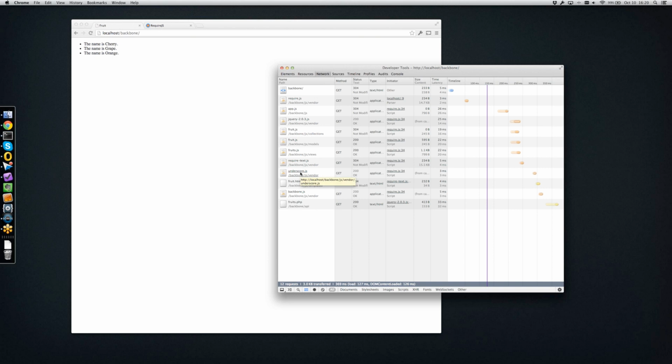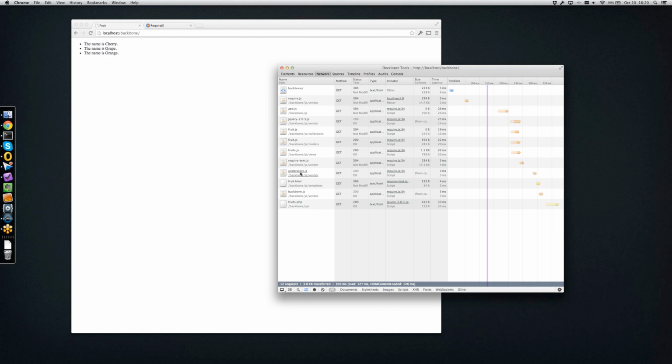That seems a little weird, but that's just because require.js can load these in any order, and then it's not going to execute the functions that actually define that module until it knows it has its dependencies ready. So it can fire off requests in parallel, making the page load a lot faster and be more responsive